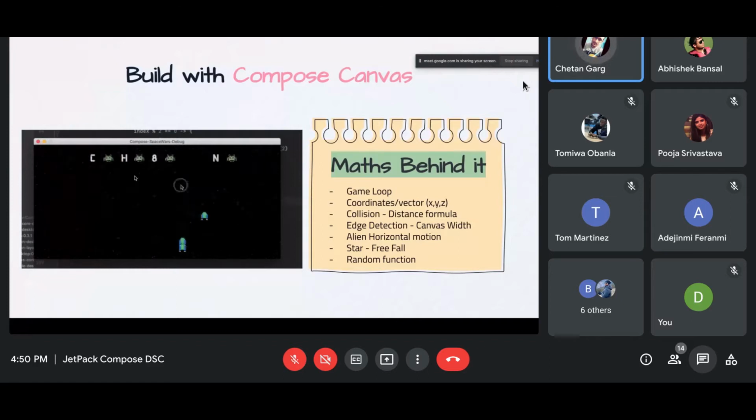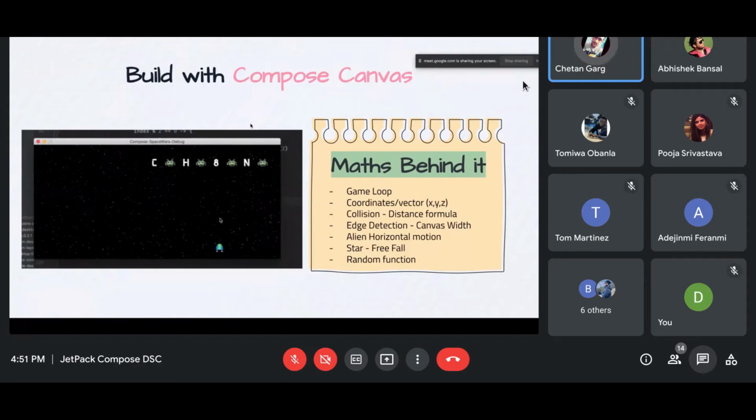And for horizontal motion of these aliens, there is an array of aliens. Let me tell that again. If you want to go along the x-axis, the motion is in the x-axis, then your speed needs to be positive. That's the only thing that matters. You give it a speed of 5 or 10, it will just decide how fast it is going. But this value being positive decides it to go in the positive x direction.